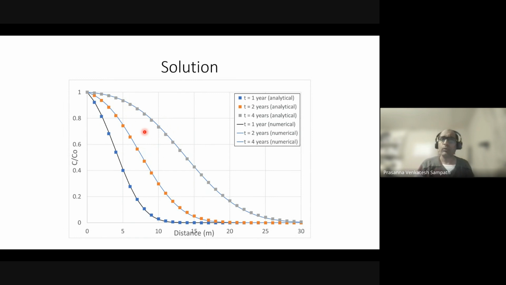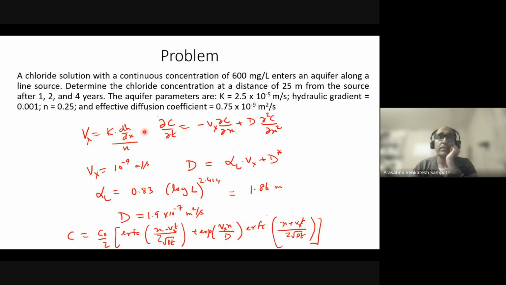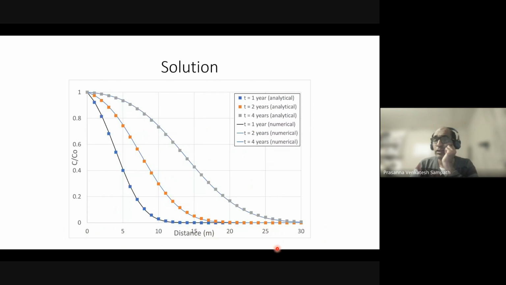I'll show you that. Now, does the solution make sense to you? That the concentrations at 1 year and then 2 years and then 4 years at a particular location. Remember, on the x-axis I've got distance, right? And if you go back to the problem statement, it says determine the chloride concentration at a distance of 25 meters from the source. Okay, so 25 meters from the source would be somewhere over here. So after 1 year and after 2 years, the concentration is pretty close to zero, right? After 4 years, you start to slowly see some kind of